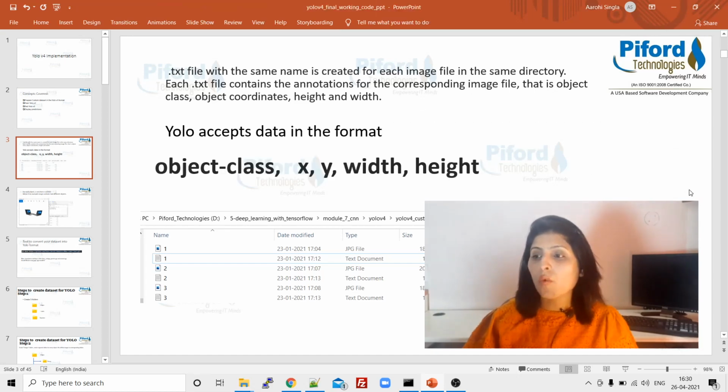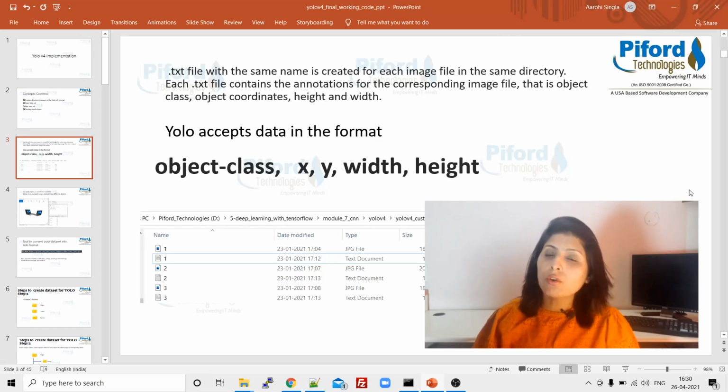This is what the YOLO v4 model wants when it performs the object detection task. So for preparing our dataset, our task is to convert your dataset into this format. All right, so how can we do that?